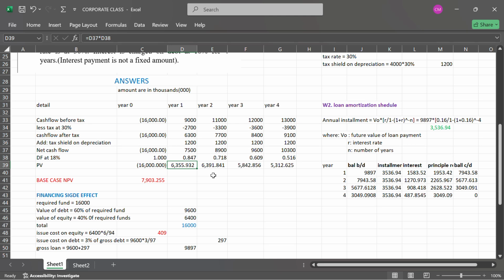Year 2 will be equal to 6,391.84. Year 3 will be equal to 5,842.856. And year 4 will be equal to